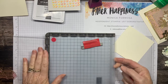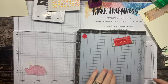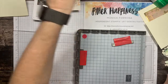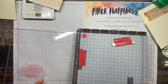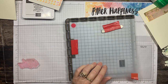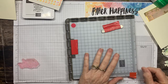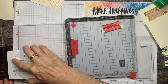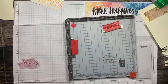Yep, let's go this way. All right, when I need to get my sentiment straight or in a particular spot, I will always use my sheet of plastic. Now you can use acetate, you can use packaging, this is actually Quilter's template plastic. I got it from Spotlight. I think I have shown this technique before, and you can use anything as long as you can see through it. So what we're going to do